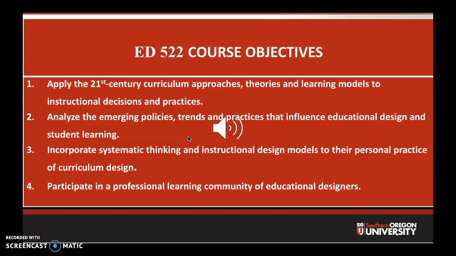As you can see, all of these are fairly broad, and what we will be focusing on, and you will be asked to do, is really translate and apply these into your own professional practice.